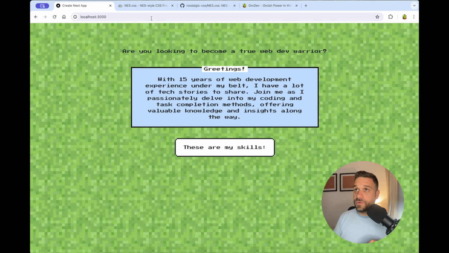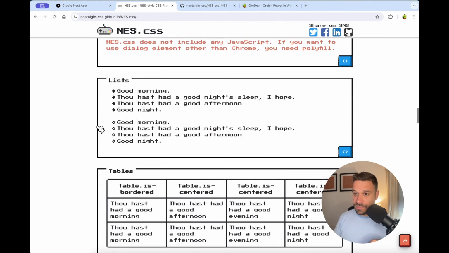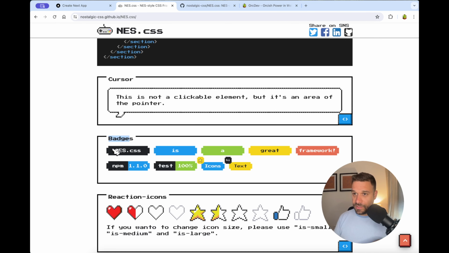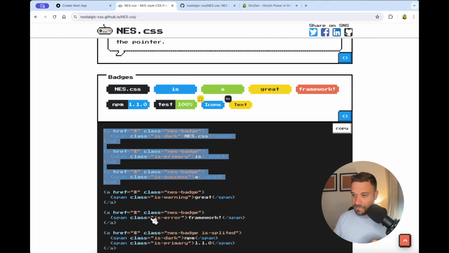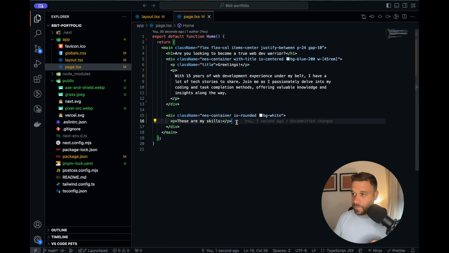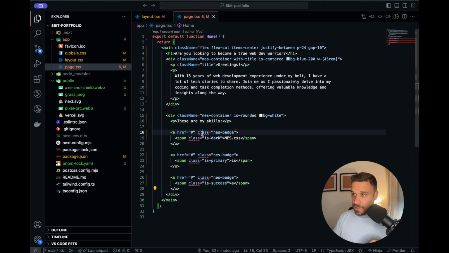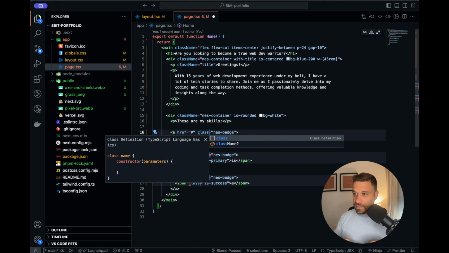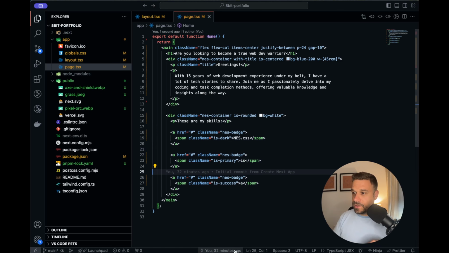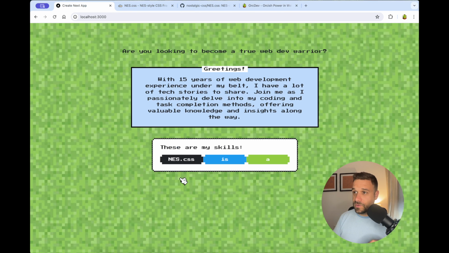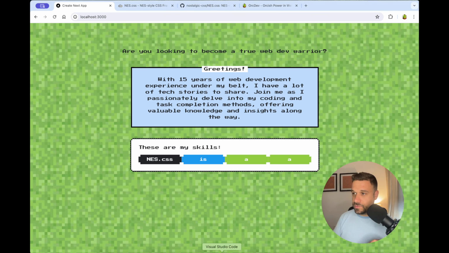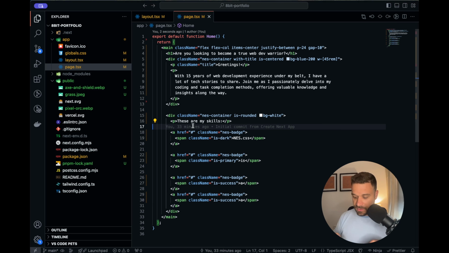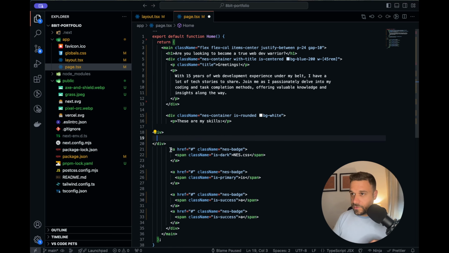For that, we are going to use badges from Nes.css. So let's see here, badge, here it is. So we are using this one. I'm going to copy, let's say, 3 of them and just put them below here, and all classes to classNames. And let's just see how does it look. Oh, it's already working fine, but I think if we add a new one, it is going to, yeah. So we're going to create here a grid system for these badges,